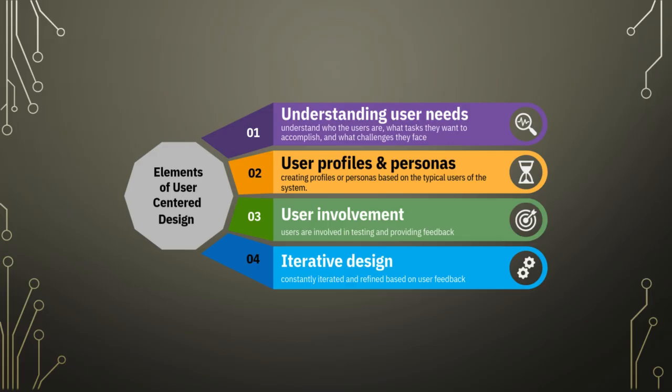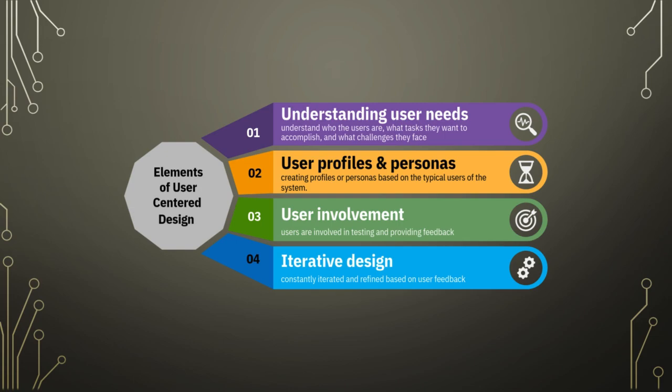Fourth, iterative design. Iterative design means continuously improving digital library systems based on user feedback. Public libraries often update their online catalogs, mobile apps, or digital collections in response to changing user needs. For example, during periods of increased online usage, such as school holidays or emergencies, public libraries may redesign interfaces to highlight popular digital services. This continuous refinement ensures that public library digital systems remain relevant and user-friendly over time. Overall, applying user-centered design in public libraries ensures that digital library services are accessible, inclusive, and responsive to the needs